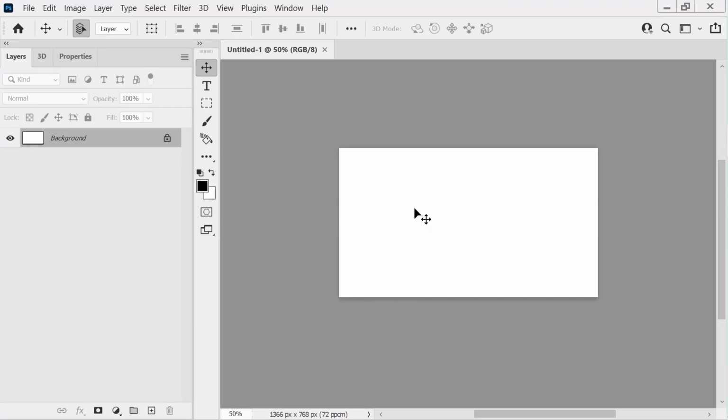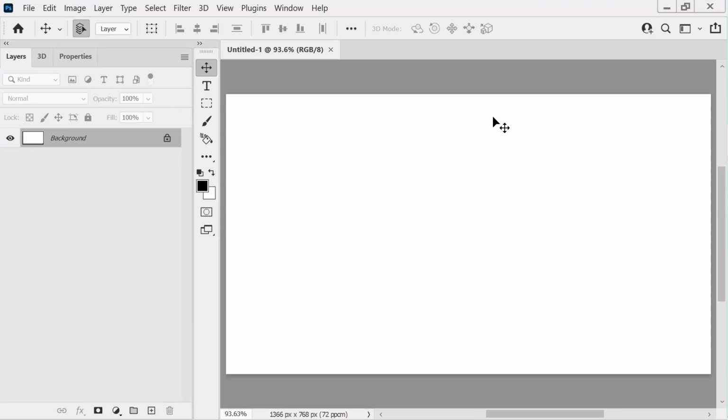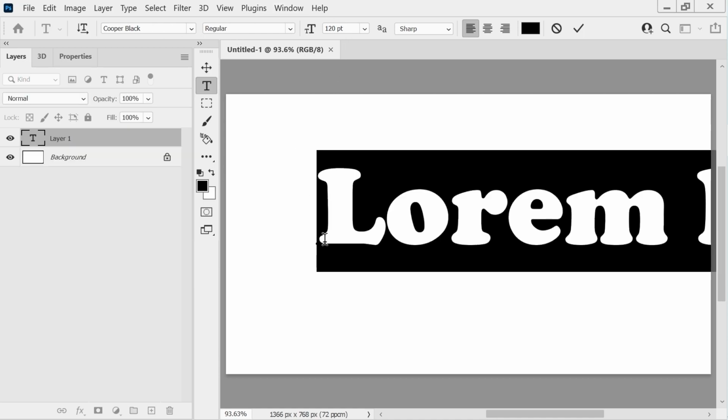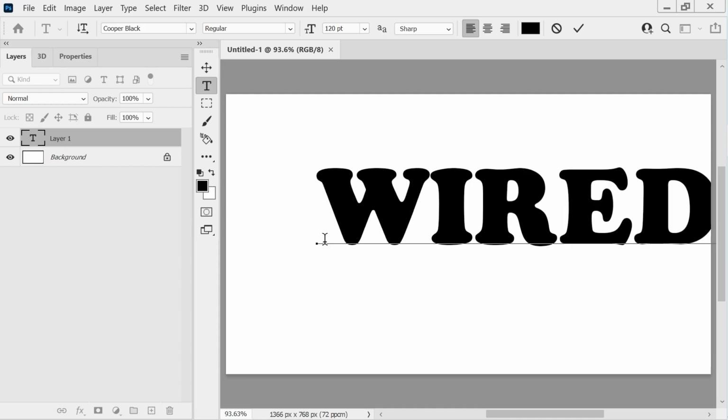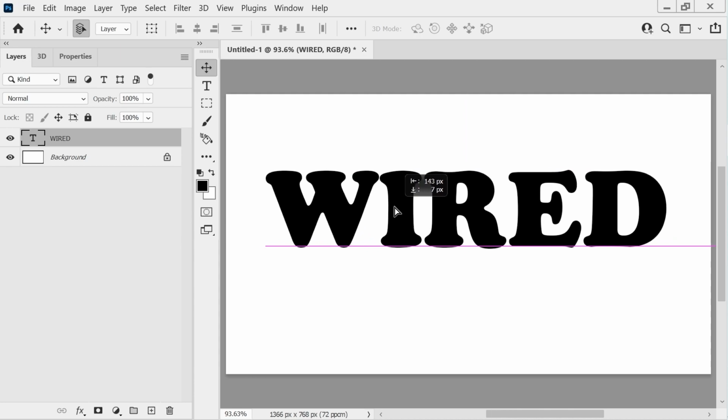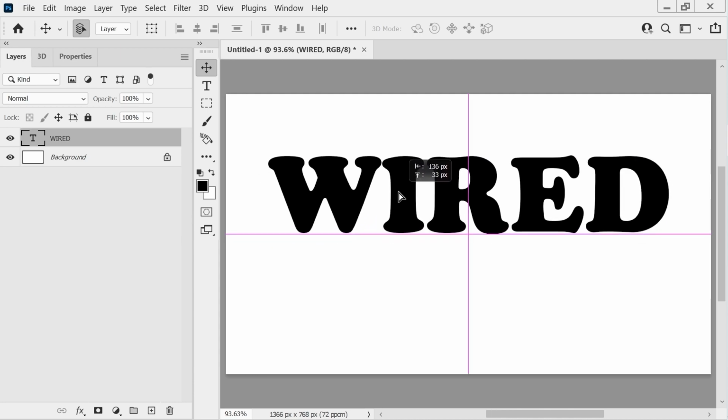So we're going to press Control 0. That's going to make our stage bigger. Now what we're going to do is we're going to choose the text tool, and we're going to choose these settings that I've got here already. Cooper Black 120 point, and you can just put whatever you want in here. Put wired, click here, and then we're going to want to put this. So we're going to want to put this right there,